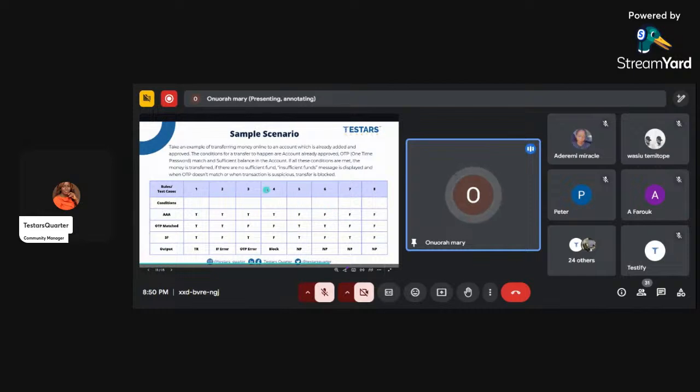So going by this rule or technique, we have 8 test cases to actually